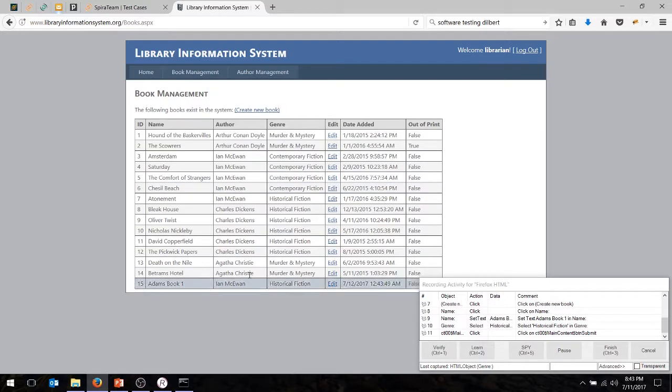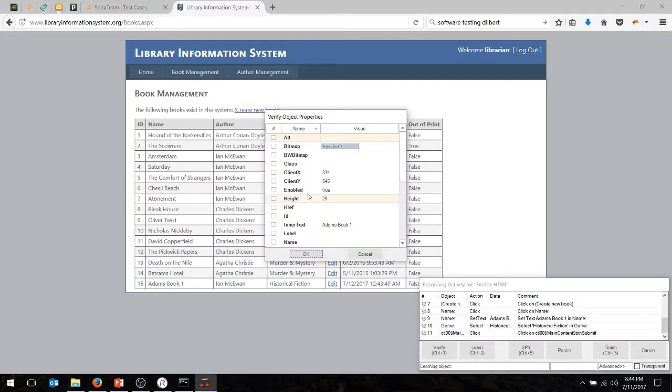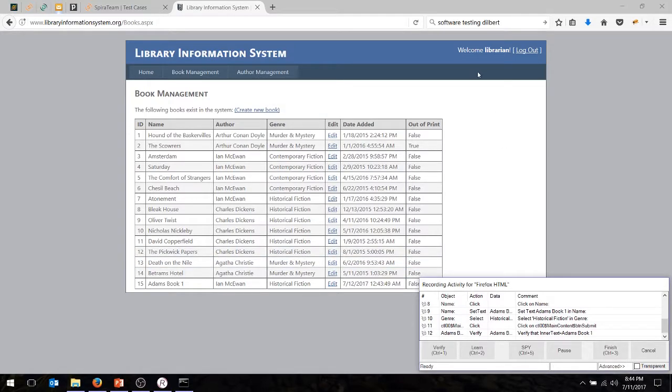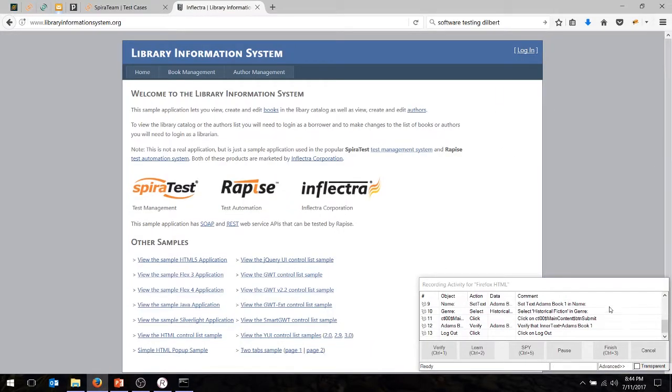and I'm going to verify my book. So we'll do Control and 1. Oops, wrong. Sorry, I'm over the wrong cell. We'll do that again over this one. Verify the text. Okay. Log out. So I'm back to my starting point. Hit finish,